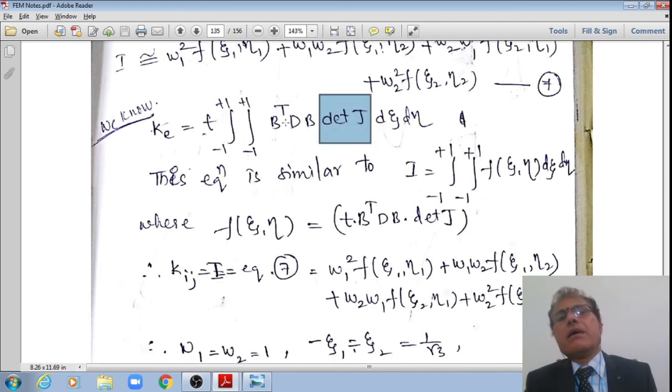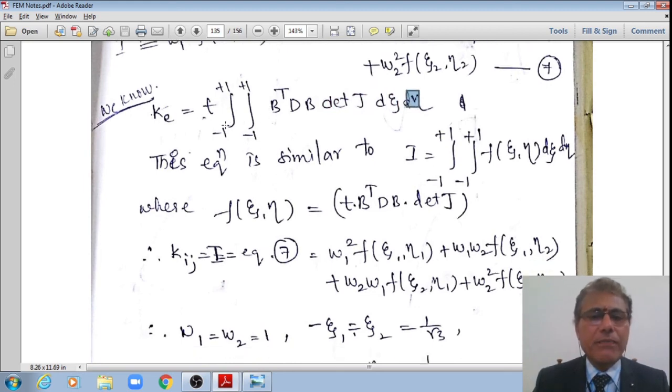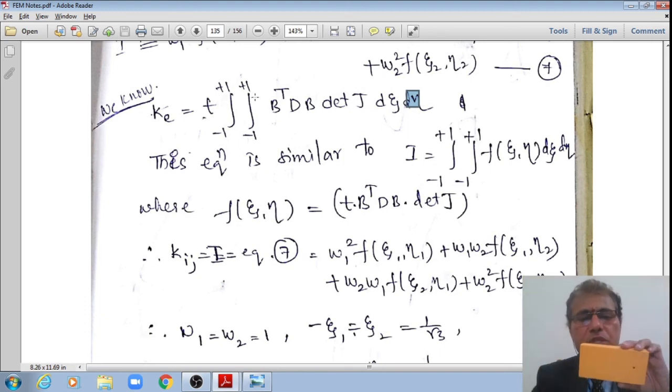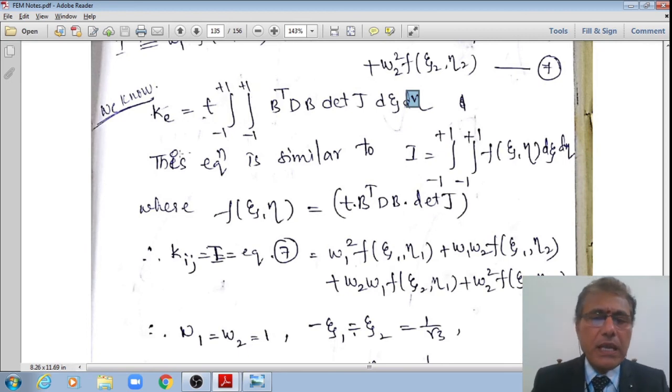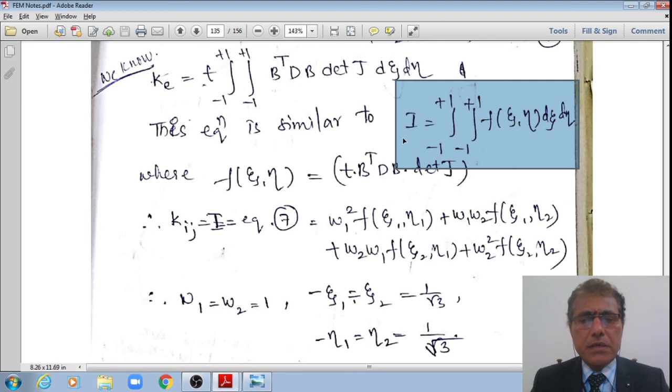Hence, after matrix multiplication of these matrices in terms of polynomials of xi and eta, you would evaluate each and every term from minus 1 to plus 1, minus 1 to plus 1 in real integration, but that is not practically feasible, students. We have seen for a 2D 4-node quadrilateral itself, I do have 64 coefficients because 8 degrees of freedom, 8 by 8, 64. Even if I take the symmetry, at least more than half of the coefficients I need to evaluate. Therefore, that is not practically feasible, in which case we'll use only the Gauss quadrature approach of numerical integration